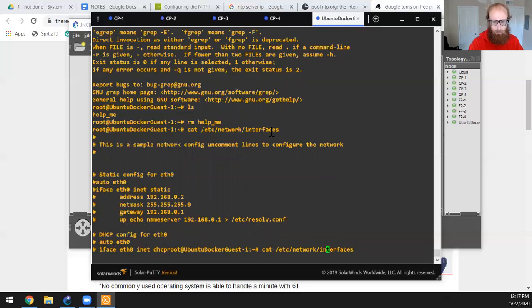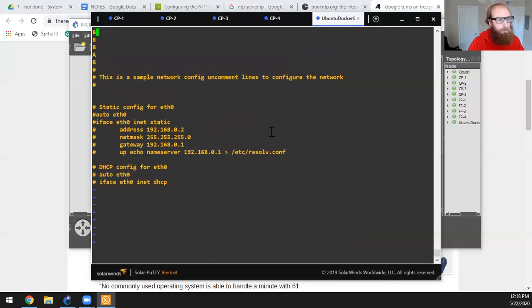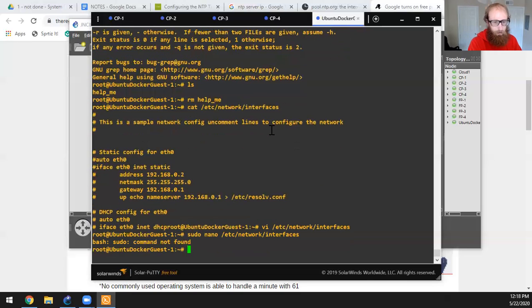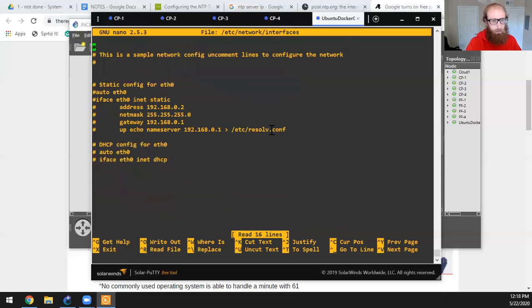Let me do that. I need to do sudo. I didn't even do sudo. Sudo, and I'll use nano to make it easier on myself. Oops. Oh, don't have sudo. Okay. There we go. So we're going to do auto, and then we're going to do